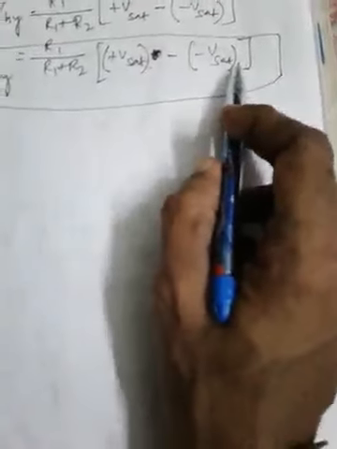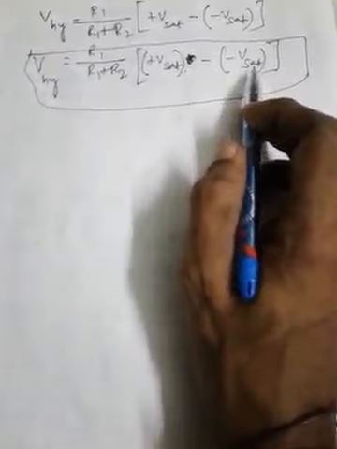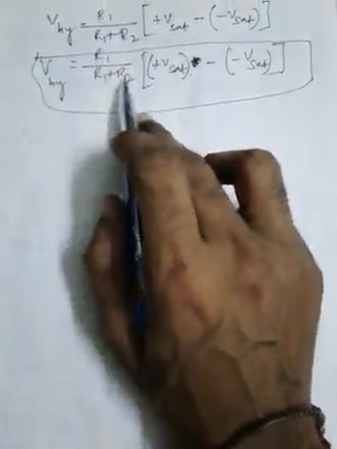This is the expression for hysteresis voltage. Whatever be the value of plus Vsat and minus Vsat, may it be plus 14 volt, minus 14 volt, plus 15 volt, minus 15 volt, or plus 12 volt, minus 12 volt, you can apply the values in the formula and calculate with the given values of R1 and R2. You can calculate the hysteresis voltage for any particular Schmitt trigger circuit. So this is all about the discussion regarding Schmitt trigger.